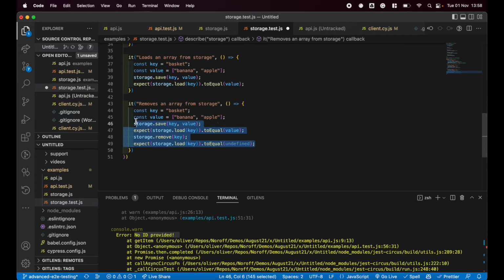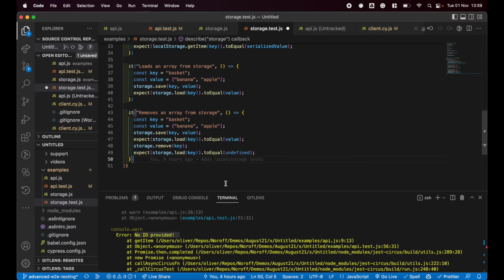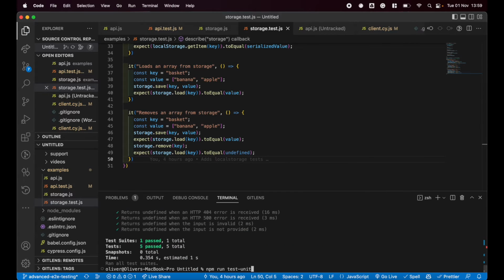So this is telling a bit of a story, and this is mimicking how we would test this in DevTools, for example. If I was testing that this was working, I'd go to the application tab and click a few buttons and check the application tab to see if the storage value has updated or been removed. So altogether, I can run these,